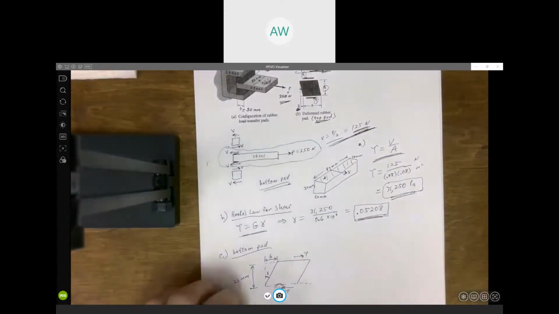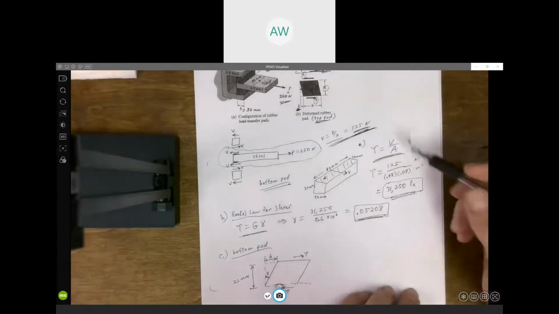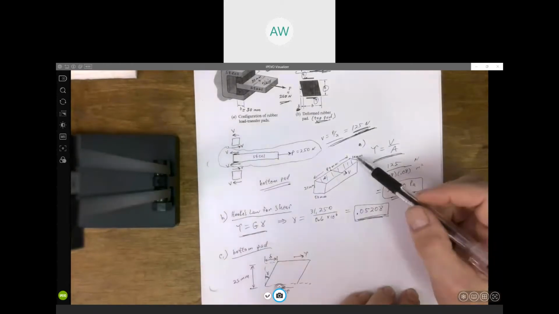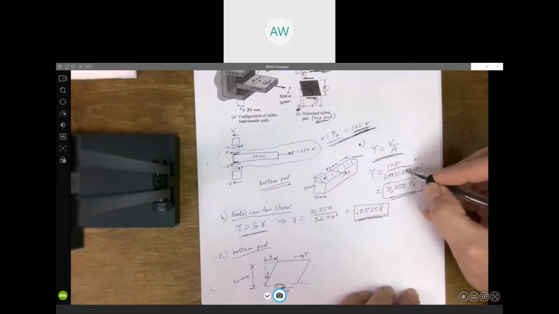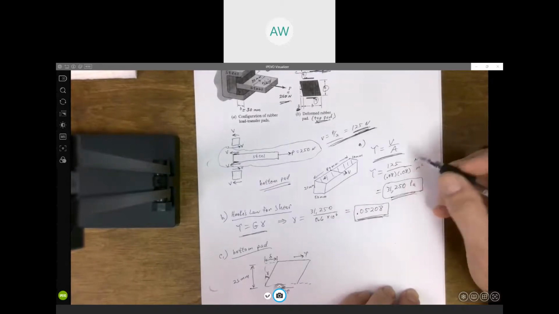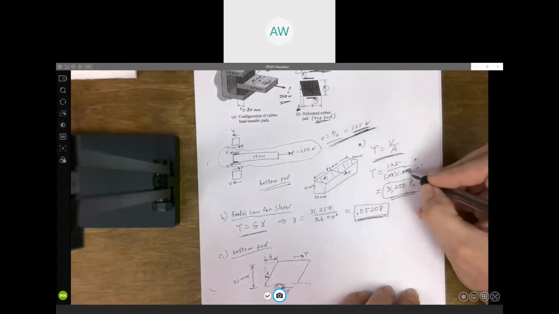Hey, Mr. Walters, I have a question. For average shear stress, when you're calculating the area, why is it 0.08 times 0.08 instead of 0.08 times 0.05? That's because I wrote the wrong thing. I think I said 80 times 50, but I have no idea why I wrote 0.08 twice. The surface area is 80 by 50 millimeters. So this is